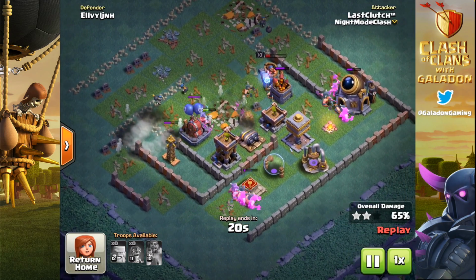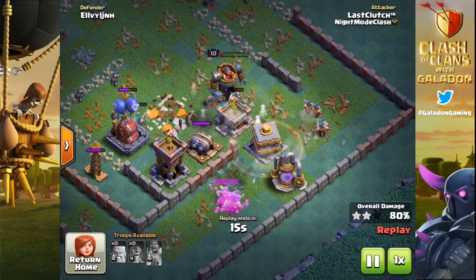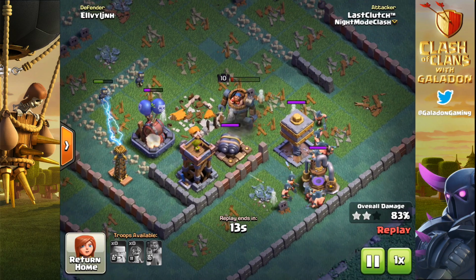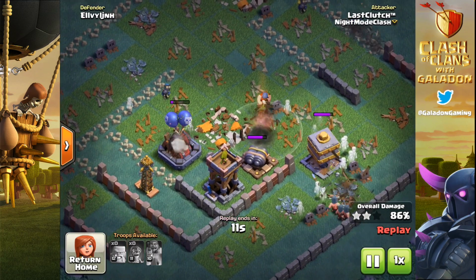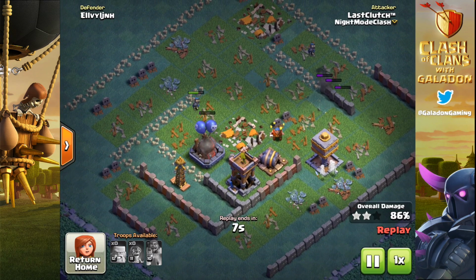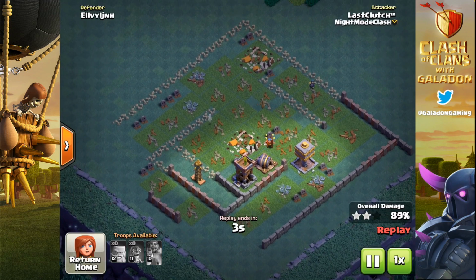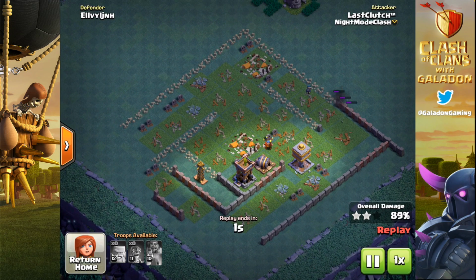Again, you see a few barbs on the outside, taking out those other perimeter structures, as most of the core defenses are being distracted by the units in the center. And again, Last Clutch showing almost 90% on this base on the left-hand side. Bomber gets one more structure and an 89% 2-star on a base that a lot of players were using,